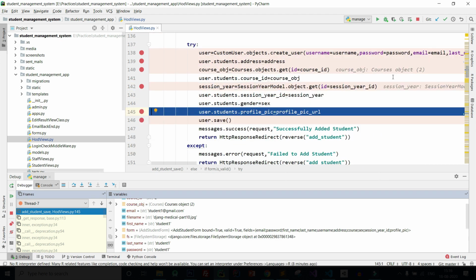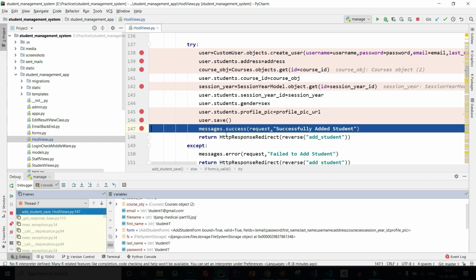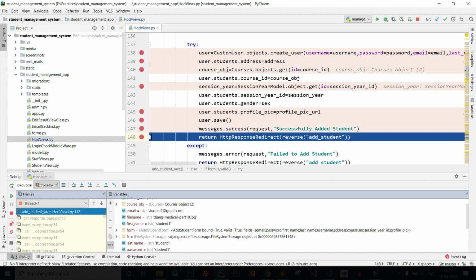You can see every line is executing, and we can see this value. Before it did not show any value, but after passing this line, you can see it's showing the value. Again add here, you can see it comes here. Again if I click here, it comes here.